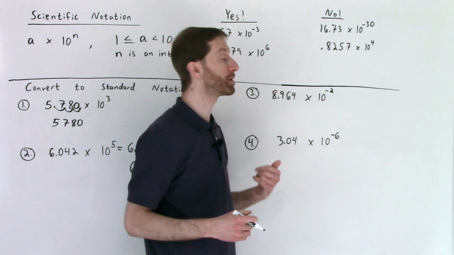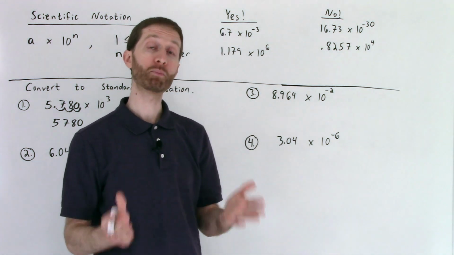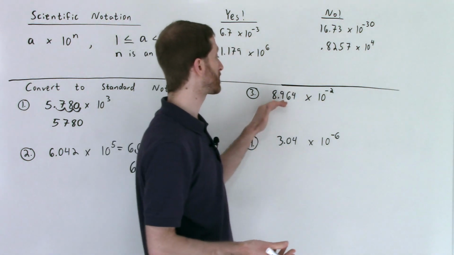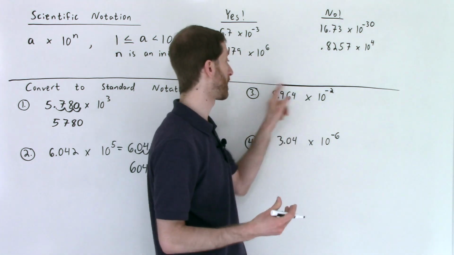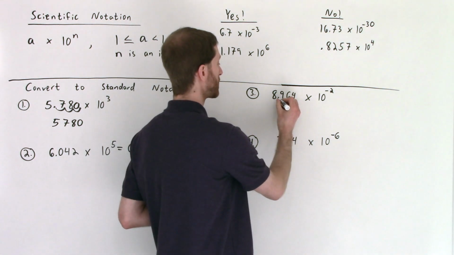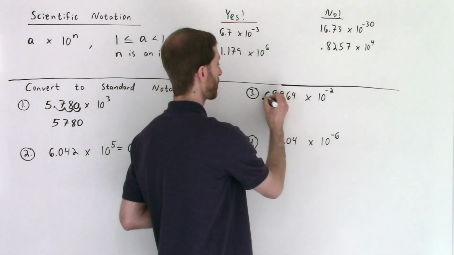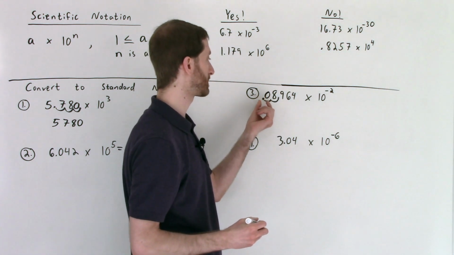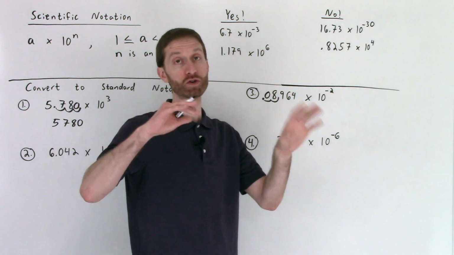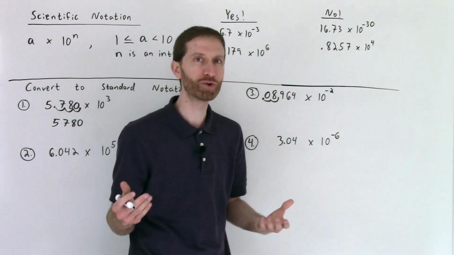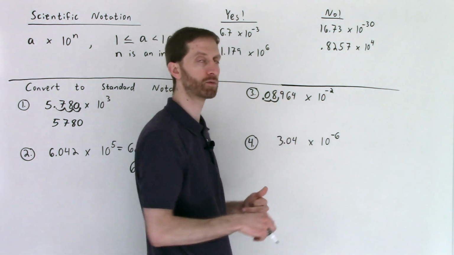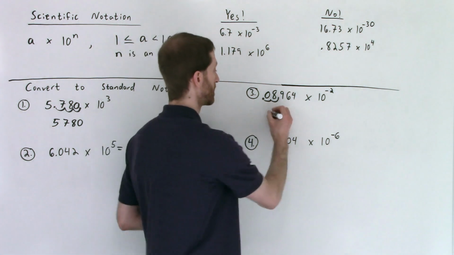Okay, now what happens when we multiply by a negative exponent? Well, we know from our previous studies that a negative exponent would be the same as doing 1 over 10 squared. So you're essentially multiplying by 1 over 100, which will make this number smaller by 2 decimal places. So that means we're going to move our decimal place to the left, 1, 2 places, and now we have a 0 here because we have a decimal place that is unoccupied by a number. The main idea here again is remembering not just that when you have a negative exponent you must move your decimal point to the left. That's true, but the reason why is you are multiplying by 10 to the negative 2, so this number, 8.964, is going to become smaller by 2 decimal places. So your final answer is